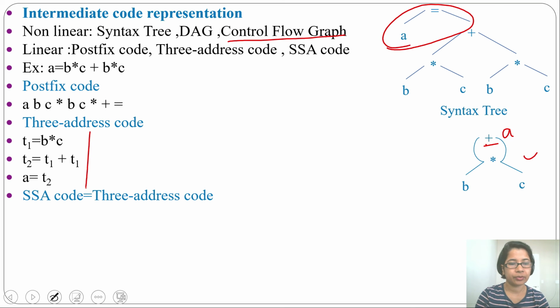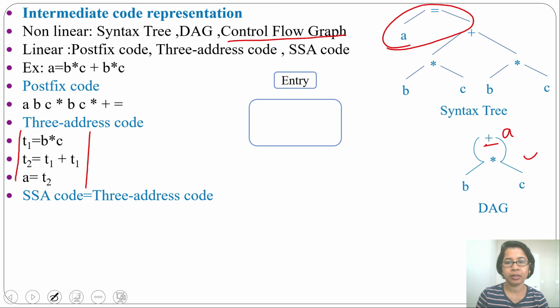Next, control flow graph. In the 3 address code, there is no conditional or unconditional jump, so there will be just one block. One block will contain these 3 statements. We'll create one node for entry, and from entry there will be one edge to block 1. Block 1 will contain these 3 statements: T1 = B * C, T2 = T1 + T1, A = T2. Then we'll create another node, exit.